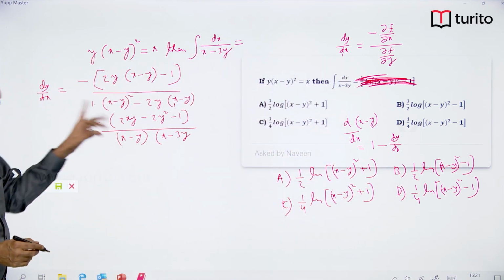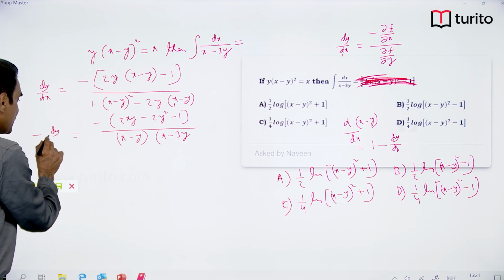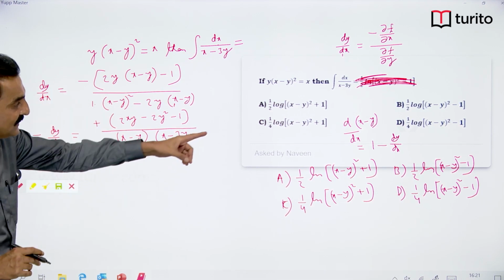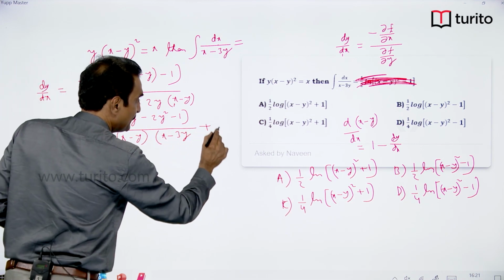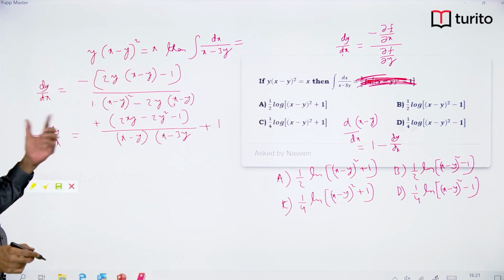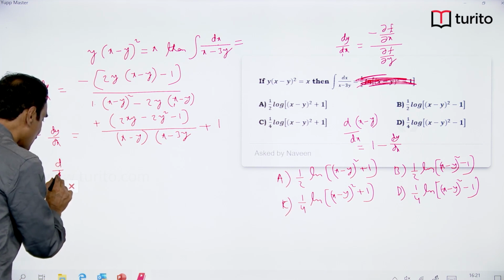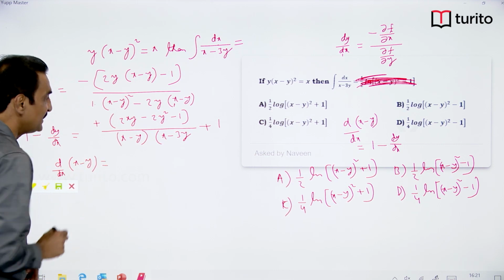So, first multiply both sides by minus sign, then you will get minus dy by dx is equal to, this becomes plus, then add 1. 1 minus dy by dx can be written as d by dx of x minus y is equal to,